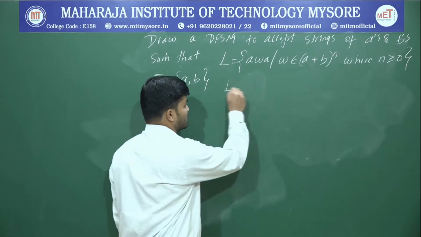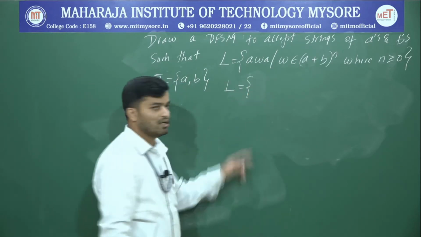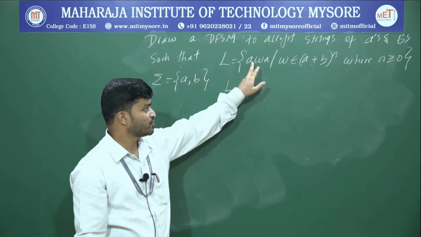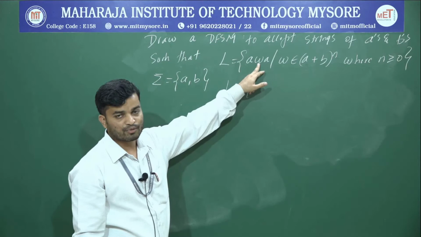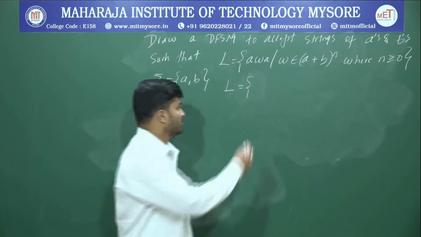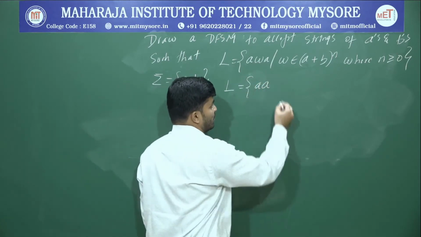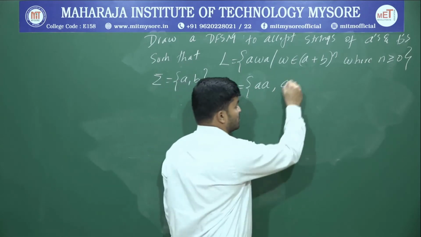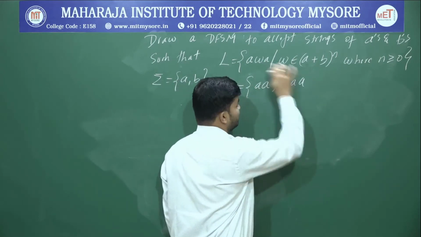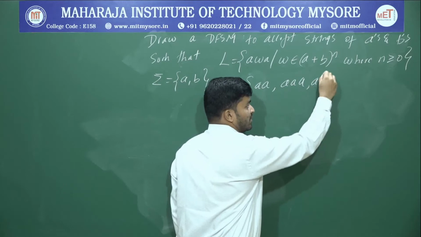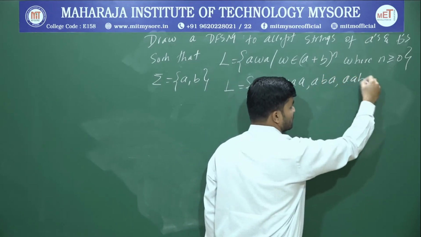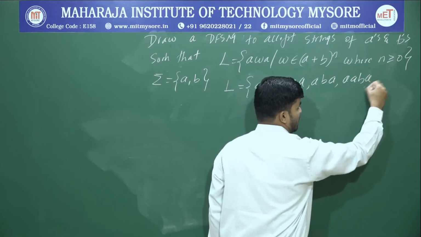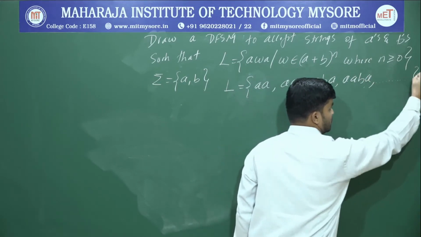Next you have to write the language. So I am going to build the language by taking the help of this one. W, in the worst case, may be even epsilon. If it is epsilon, I will get A. So the minimum length string is A. Then it can be AAA. So this W may be a single A, or B, or a combination like AB, ABA, and this will continue.